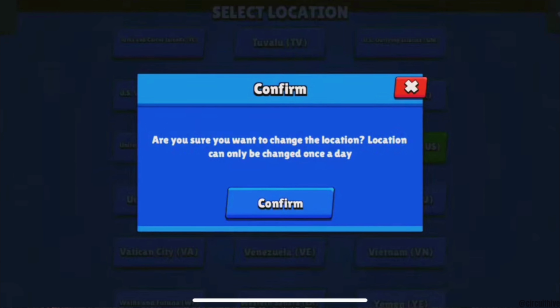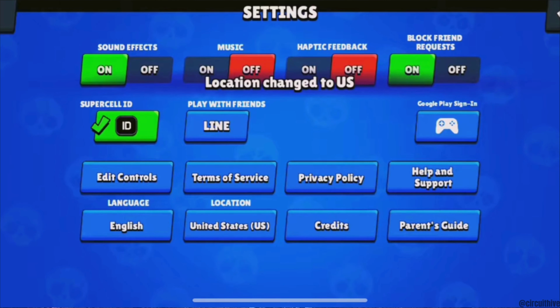Here it says, are you sure you want to change the location? Location can only be changed once a day. So click on confirm. So once the location has been changed, now what you want to do is simply head